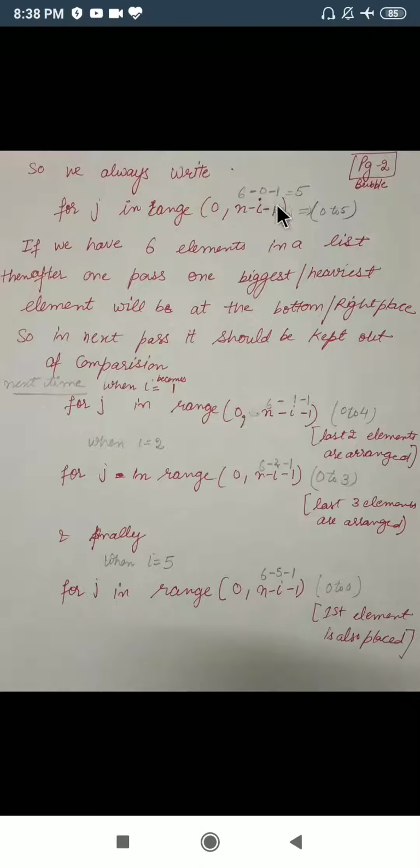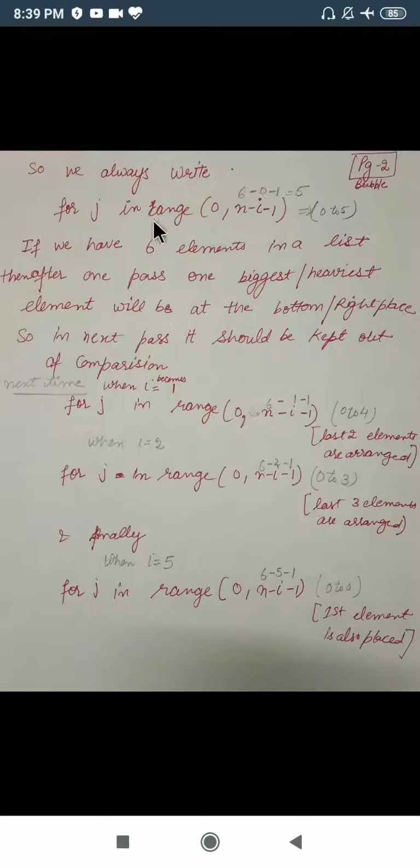Then why are we doing minus 1? Because in every pass one element will be arranged at the bottom, so we need to compare one element less. That is why we do minus 1.